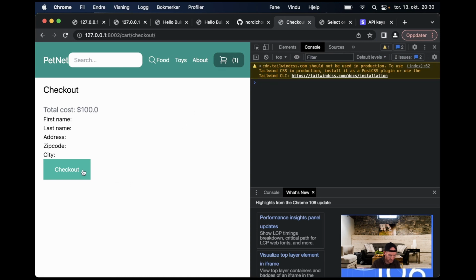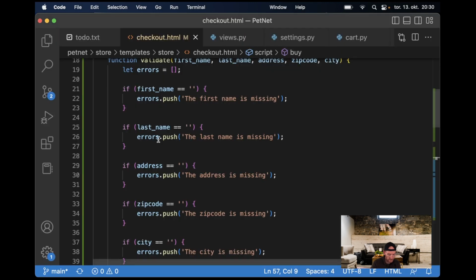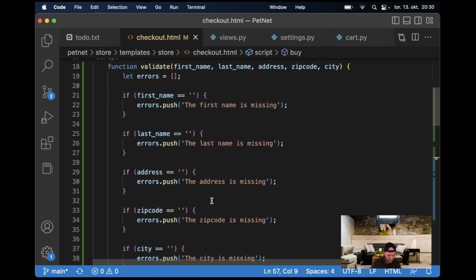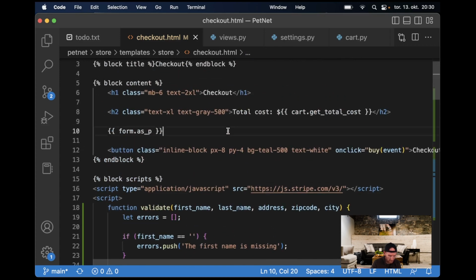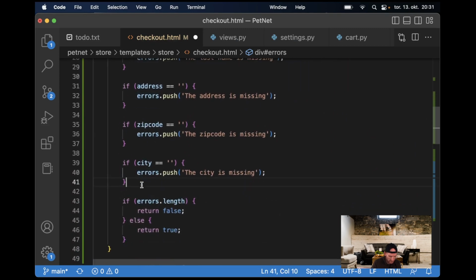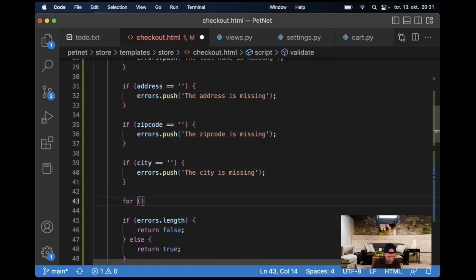We can test this, check out. Okay, it's not showing anything because I haven't done anything yet. So what we should do now is to generate some HTML and put it above the button here. So div id errors, and then down here we can say for let i equal 0. I just want to loop through each of the errors. Then i is less than errors.length, i++,